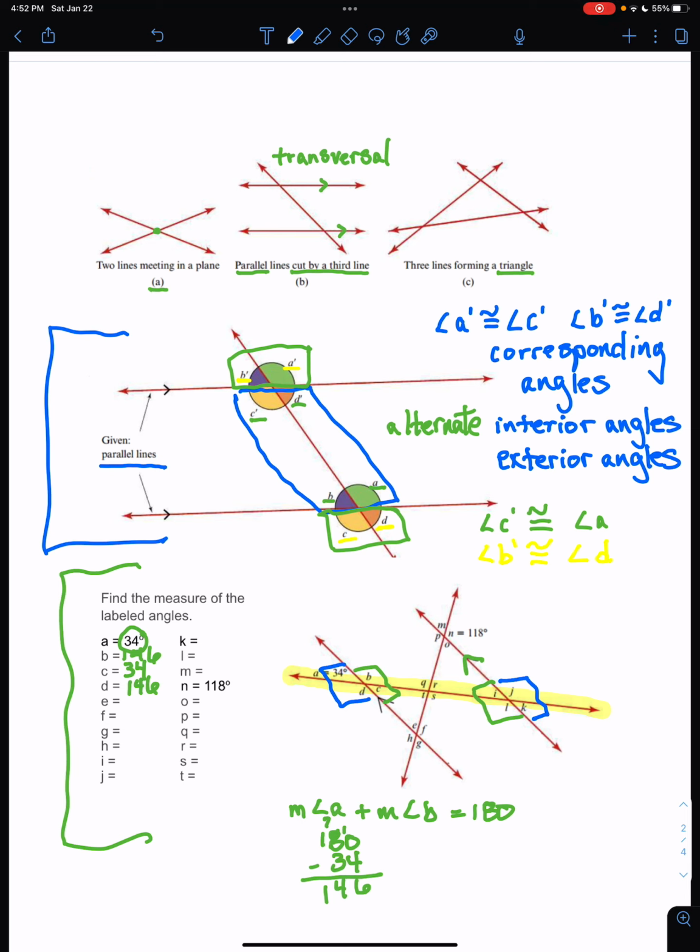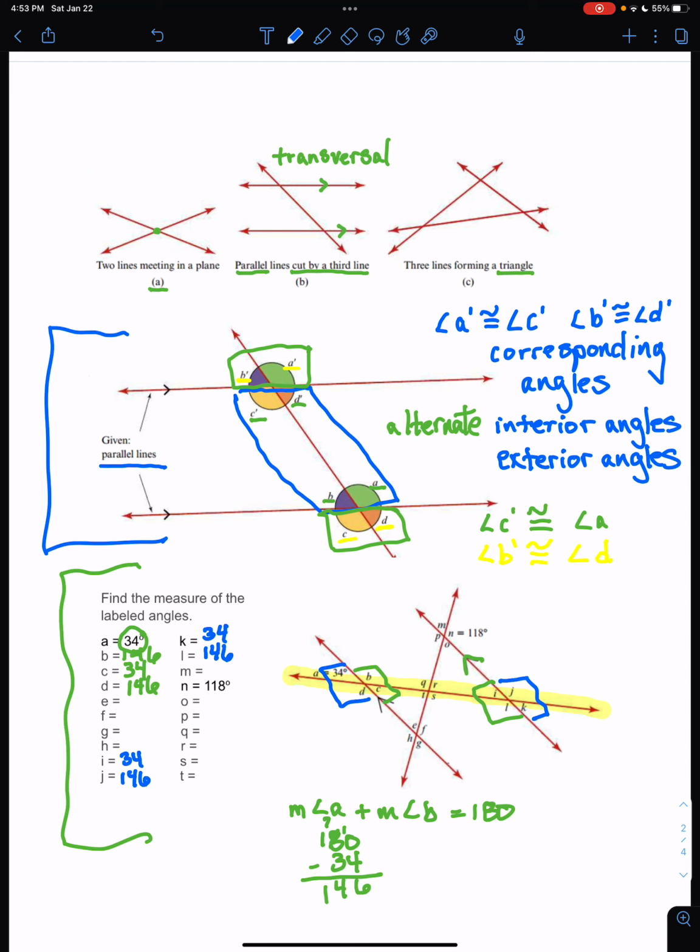So A and I should be congruent. So A is 34, I is going to be 34. B and J should be congruent, so that makes J 146. D and L should be congruent, so that makes that 146. And C and K should be congruent, so that makes K 34. So that takes care of one set of